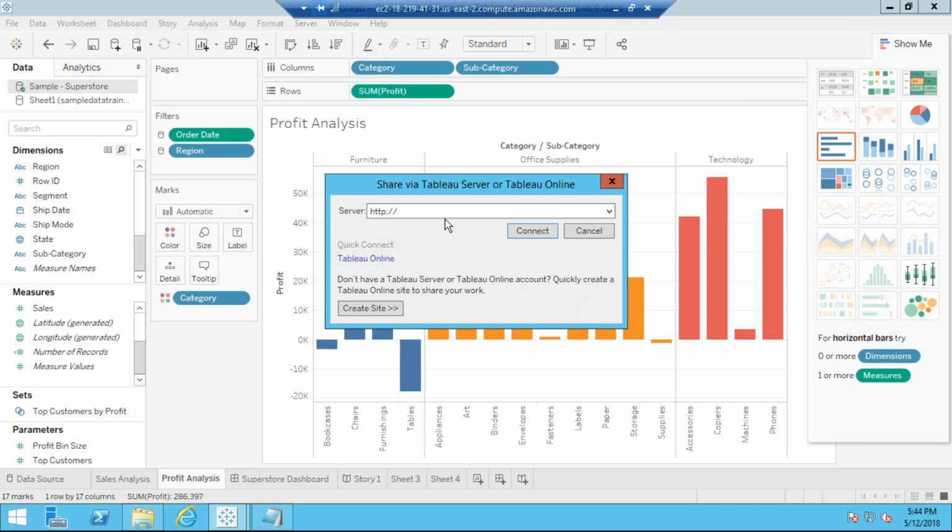But it is not in your control. You will not be able to upgrade. You will not be able to apply latest patches, hotfixes, or anything. You cannot do anything there. Everything will be done by Tableau only. It's like owning a car. You have purchased a car, then you do maintenance on that, like you fill it with gas and everything.